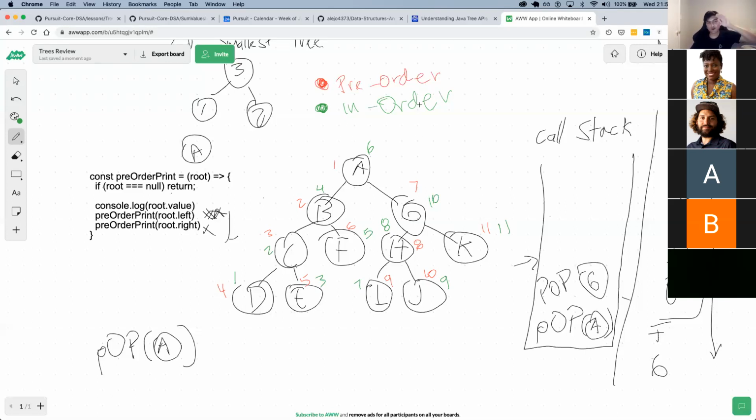But in-order, you go all the way to the left first. You see that if we start, this is the one. Then we go to the middle or the parent node. That's why this one is the second. After that, we go on to the right. That's why this one is the third one. And that just repeats for everything. From there, we go to the middle of this subtree, which is 4. And then on the right, which is then just F, and so on. And I don't even want to go on to the post-order.